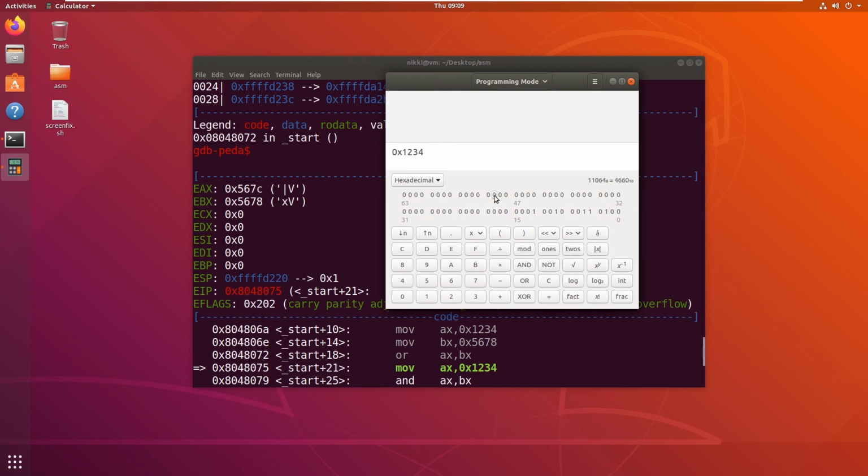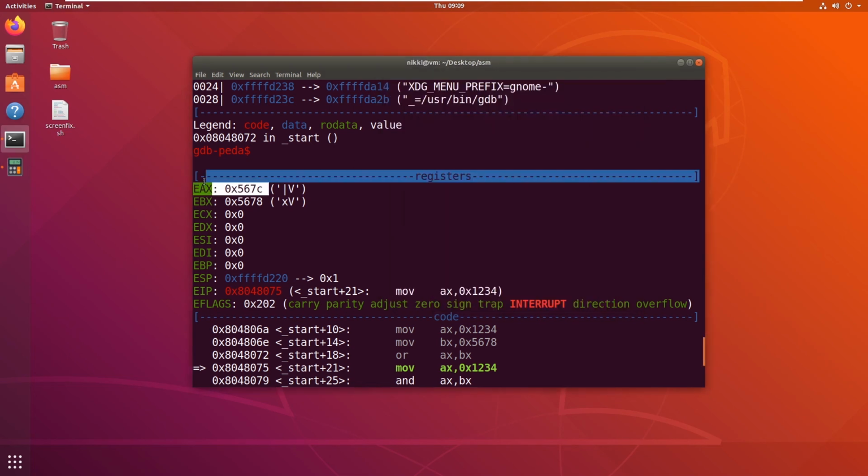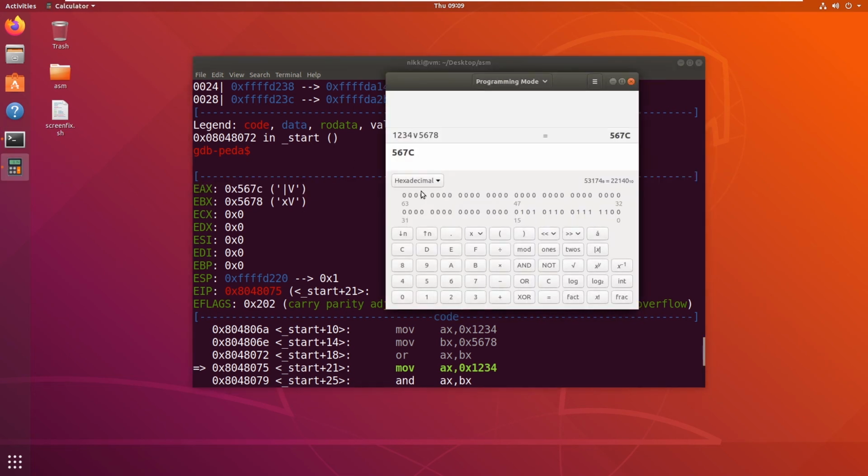So 1 2 3 4 OR 5678. Since I am already in hexadecimal format, I don't need to put the 0x. Now if I hit enter, you will get the answer 567C, which is in the EAX register. So like this you can verify the answers if you have any doubt.